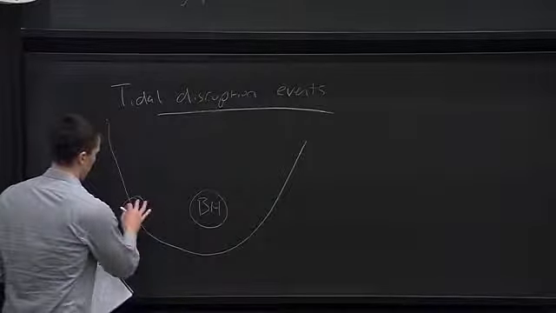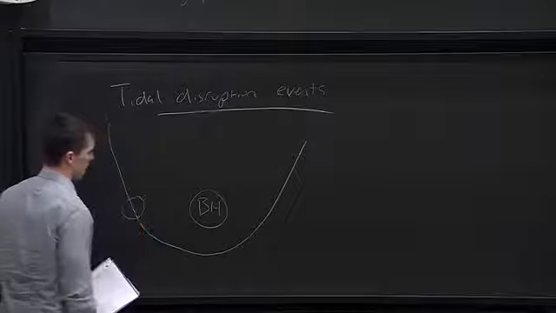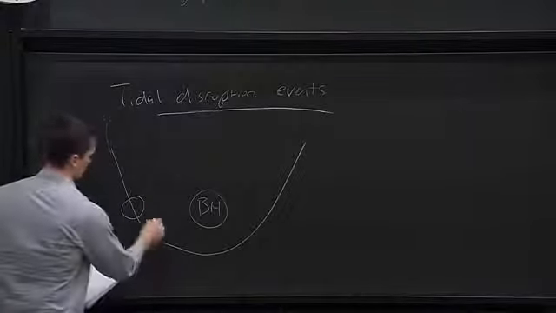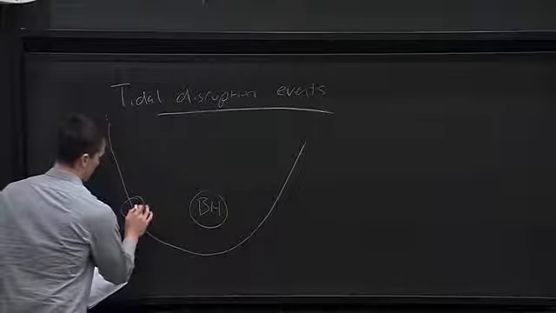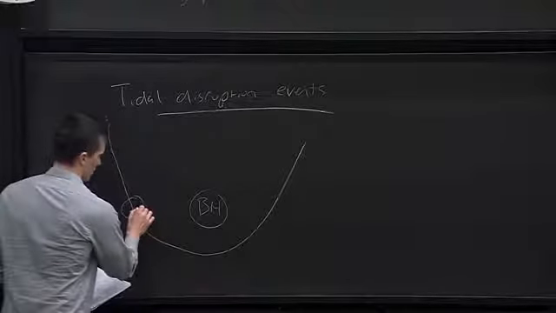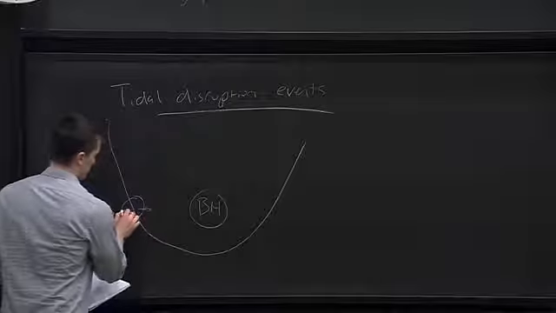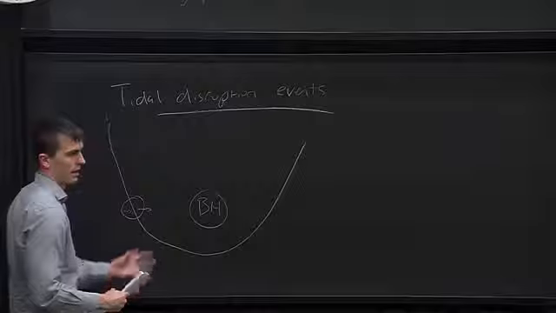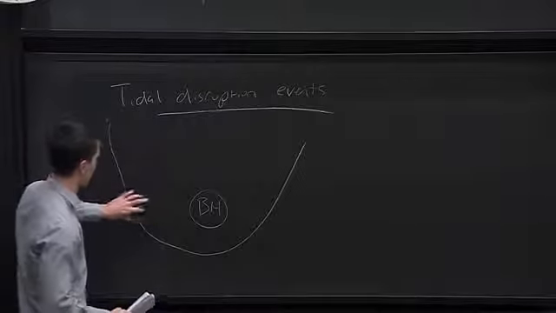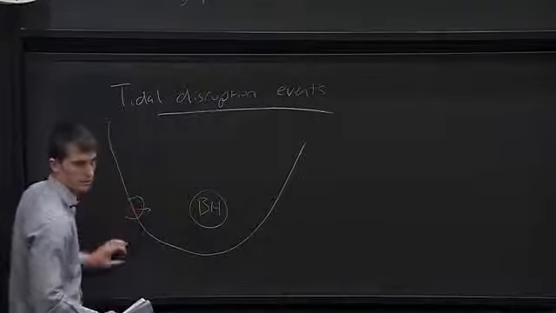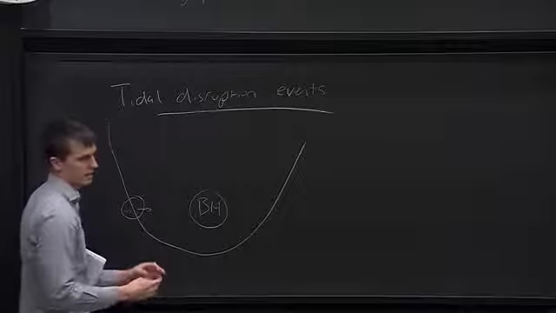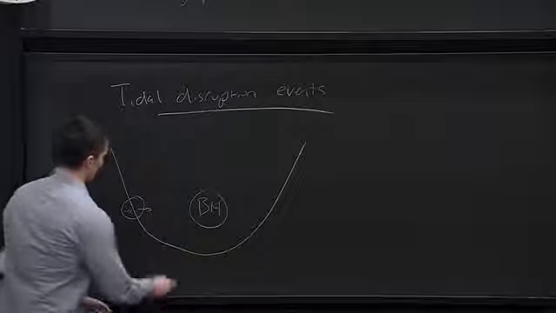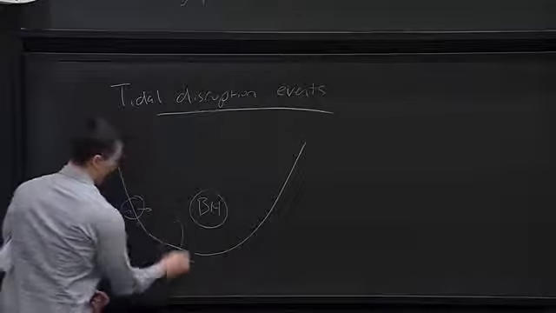And so when the star gets close to a black hole, it'll experience tidal forces. Basically, the gravity that the side of the star that's closer to the black hole feels will be greater than the part of the star that's farther away. And if this tidal force becomes significant enough to overwhelm the self-gravity of the star, you have what's called tidal disruption, where the star will get pulled apart